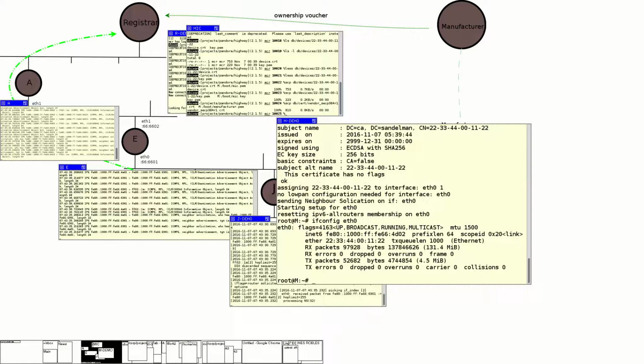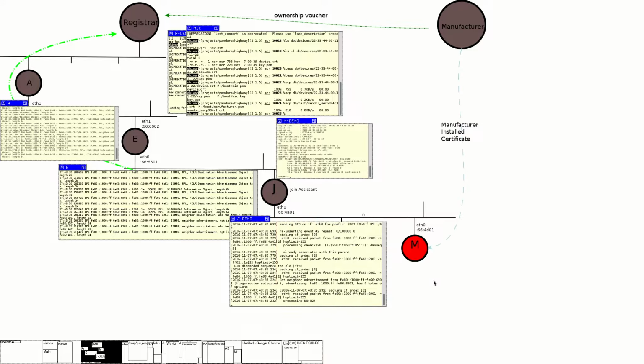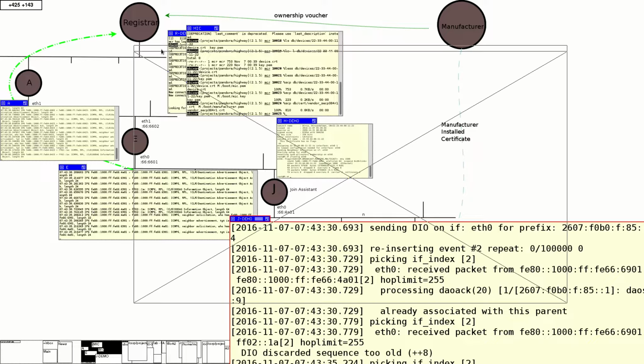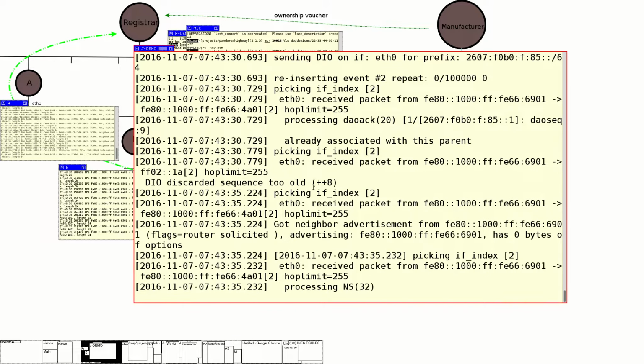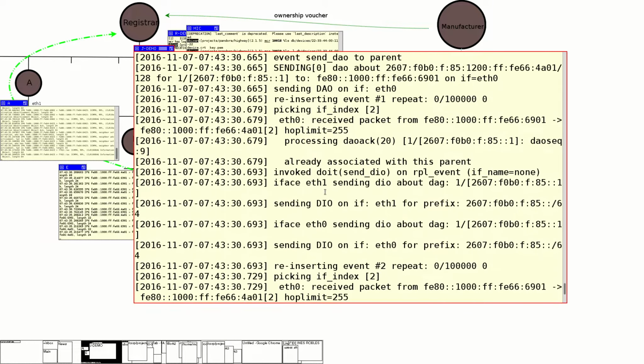Other things to note. Did this with embed TLS libraries. This is not OpenSSL. It's not huge and gross. It is a well-designed piece of code that is designed to go into embedded systems, so this will fit. I mentioned the EUI64 already, and I mentioned that it sent out a DAD. So I'm just going to look at this one. This one is the join assistant, and we'll just make that big enough so we can all see it. And what happened here, if we look back in the history,